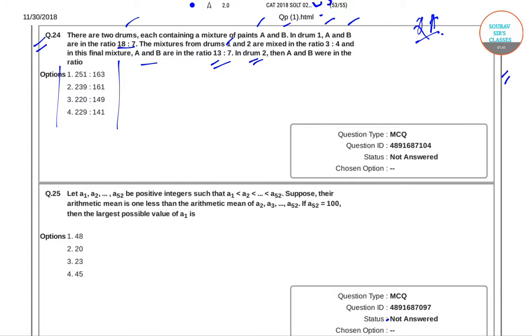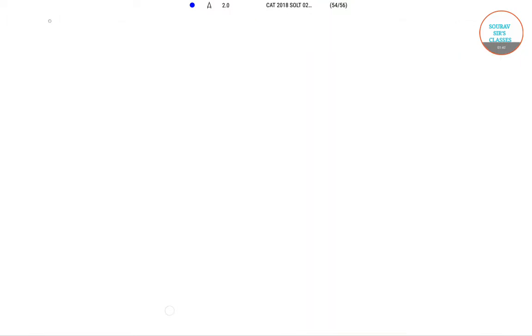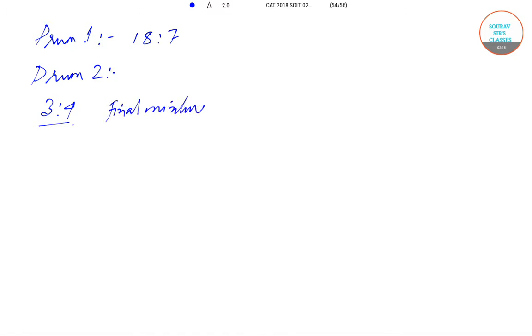So let me insert a new page over here and then start off with the problem. The question that was given was that in drum 1 we had A and B mixed in the ratio of 18:7. We don't know the ratio in which paint A and paint B are mixed in drum 2. Now what happens when the mixtures from these two drums are mixed in the ratio of 3:4? Then the final mixture that we are getting has paint A and paint B in the ratio of 13:7. And in that case, we need to find out the ratio of paint A and paint B in